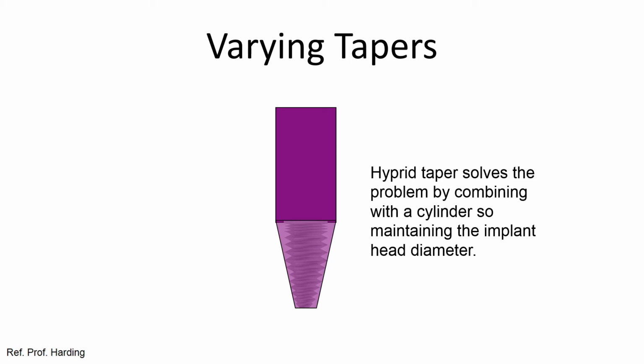So at this area here we deliver our 4mm, and then from 4mm on we continue going in a cylindrical fashion. So this is a hybrid taper, and you will find that some implant systems produce this kind of implant,